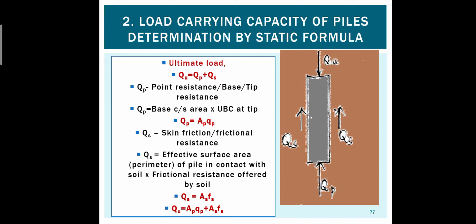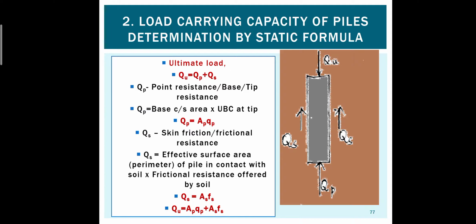Now, what are Ap and As? When you take a cylinder and cut the cross section, what will it look like? When you cut a cylinder horizontally and see the cross section, it will be a circle. So the circle is the cross sectional area. That's why in Ap you put the circle area. When you take As, I said it is going to be the perimeter area. We can write the area as perimeter into length.